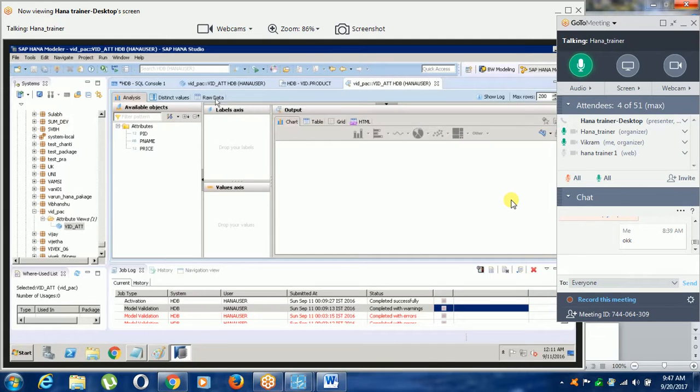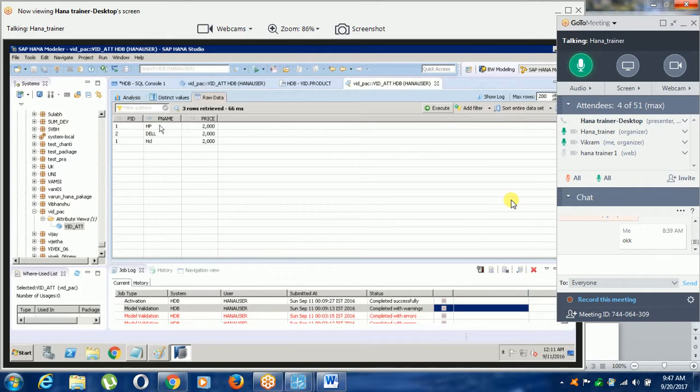Just click on raw data and you can find the preview of your data. If you can find the preview, it means you have created the attribute view successfully.